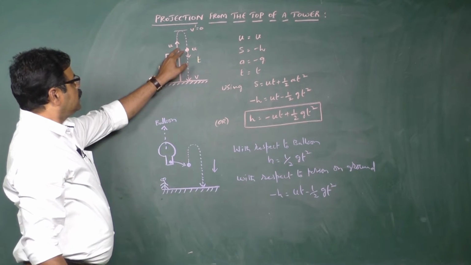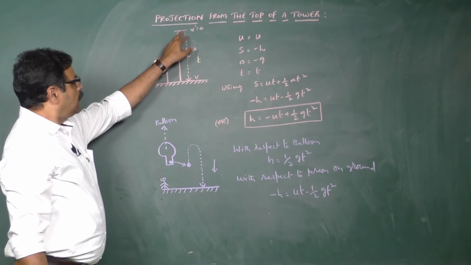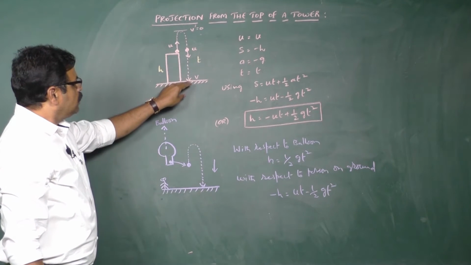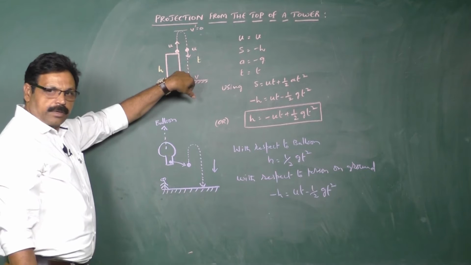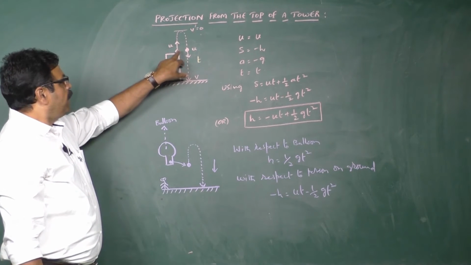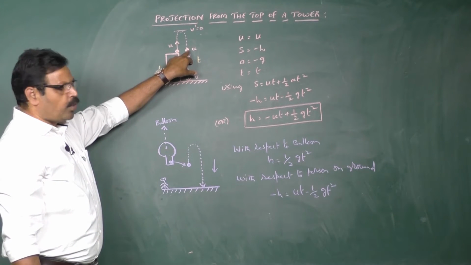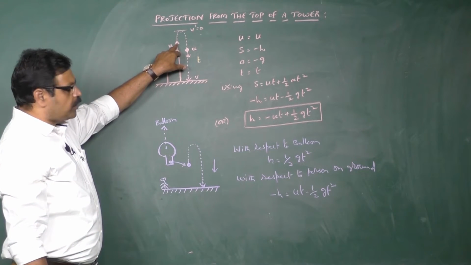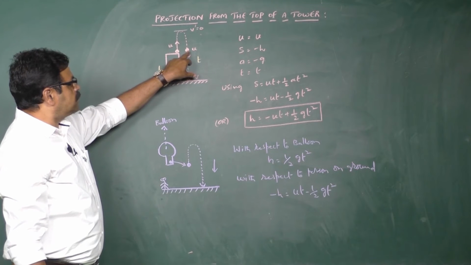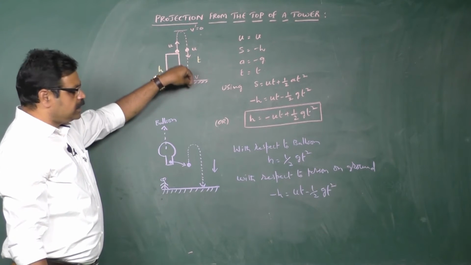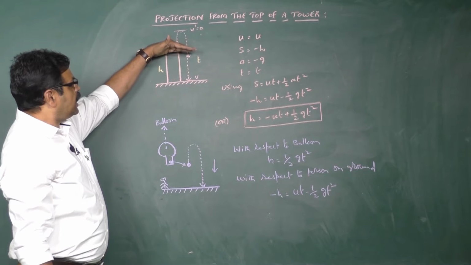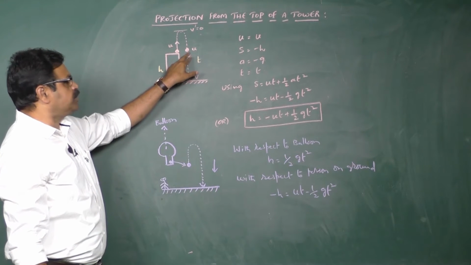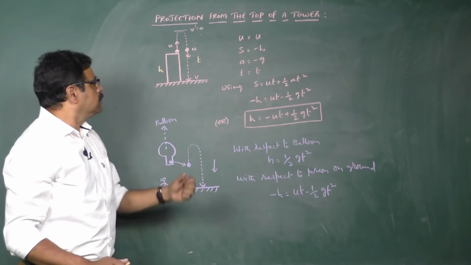So whenever a body is thrown from the top of the tower with an initial velocity u, then it reaches the maximum height and its final velocity becomes 0, then it will be coming down and reaches the ground with some other velocity v. By the time it reaches the same point in the reverse direction, the velocity with which you have thrown upwards will be the same as when it is reaching downwards exactly at the same point. That means in the reverse sense, the direction will be changing but magnitude will remain the same.